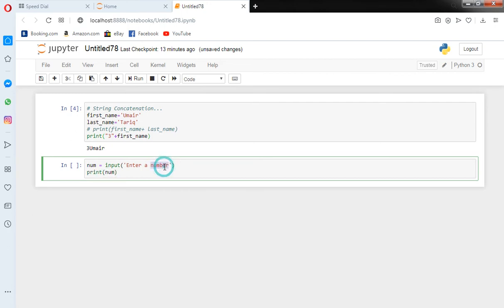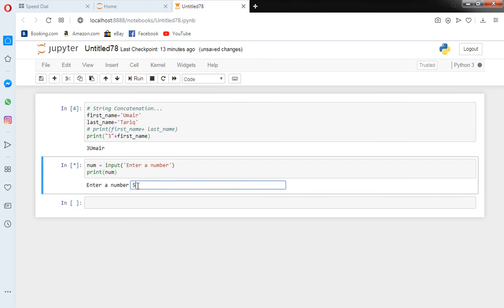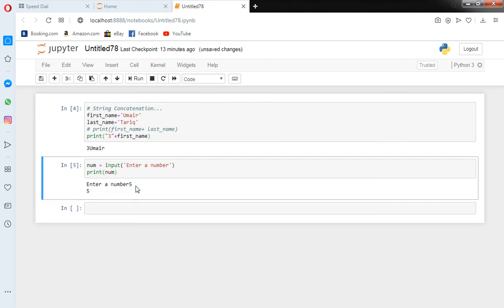If I run it, the input function asks the user for a number. We can input a number or anything by using the input function. If I write 5 and enter it, you can see the 5 is printed here.